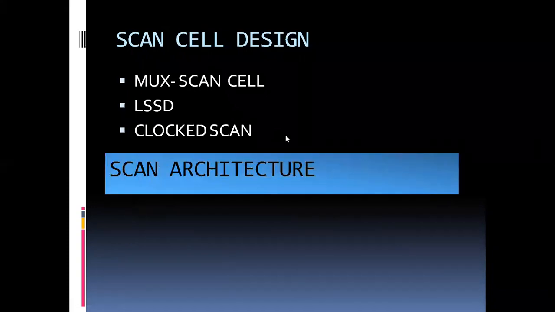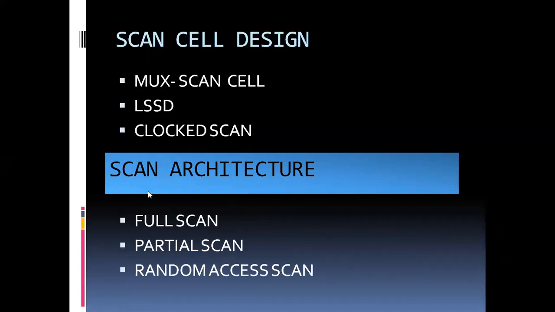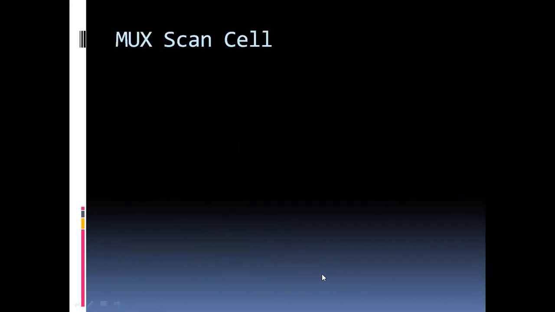Based on the scan architecture, I can further classify as a full scan architecture, a partial scan architecture, or a random scan architecture. I will first choose my scan cell design. Once I've chosen it, I will go through each technique: full scan, partial scan, and random access scan. So let's start with the mux scan cell.